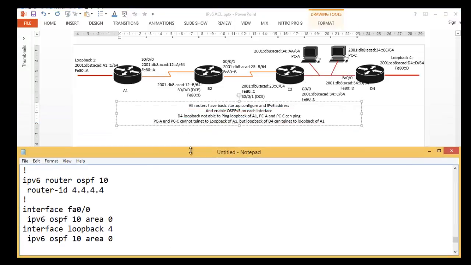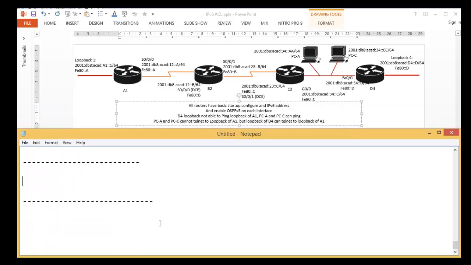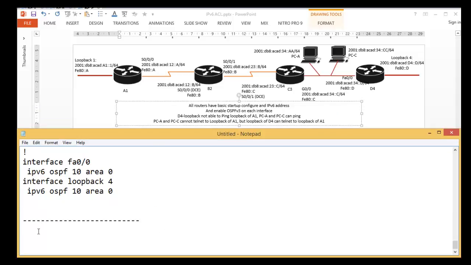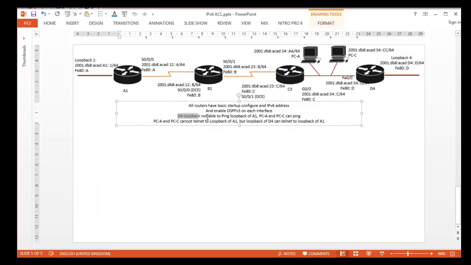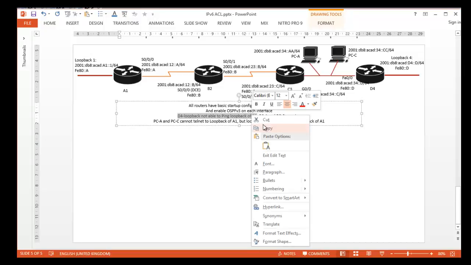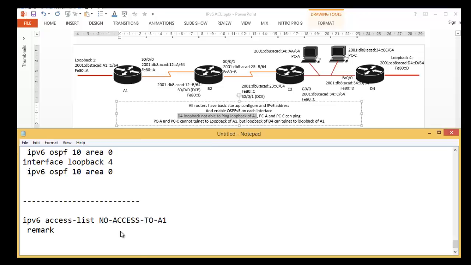So for example, what we need to do, we need to create, get rid of this, we need to create a named ACL, so IPv6 access list, for example, say the name no access to A1, whatever you want to name there. And then here what we want to do, remark, what we're going to say here, that D4 not able to ping loopback of A1, right? So let me put that as a remark,